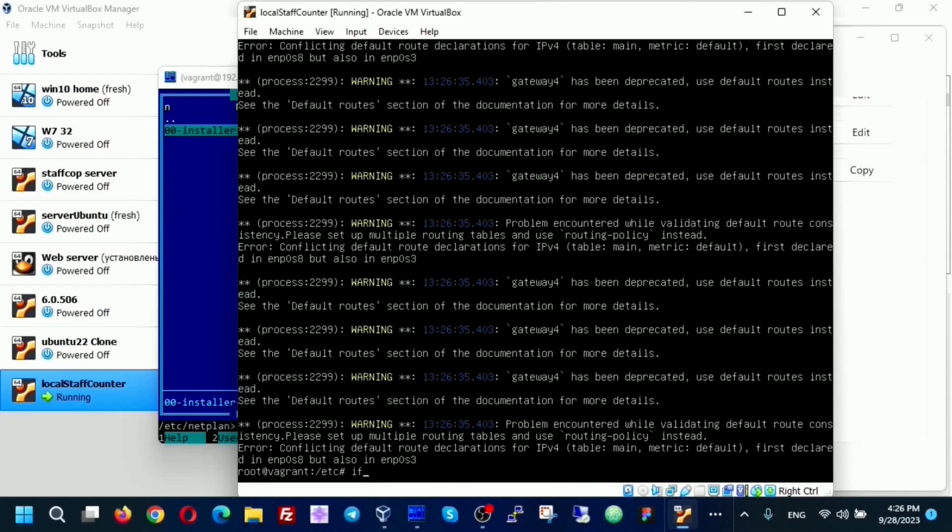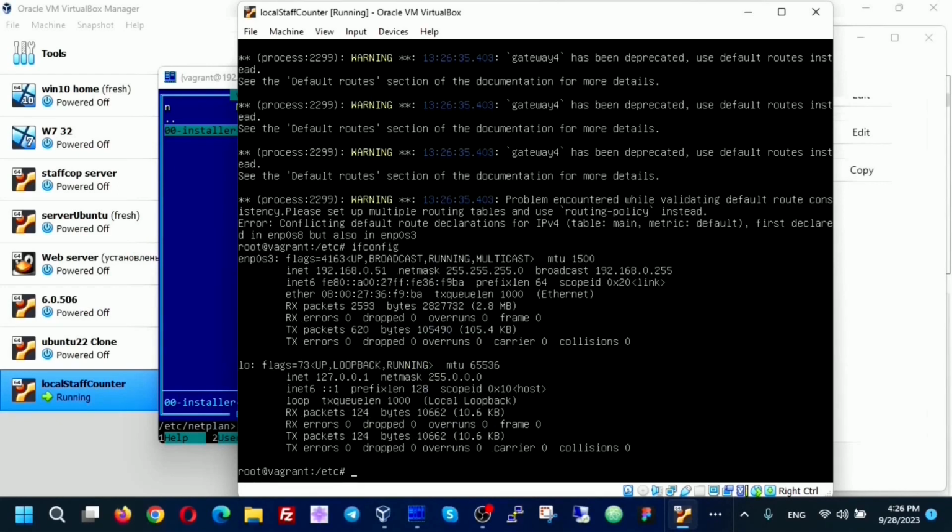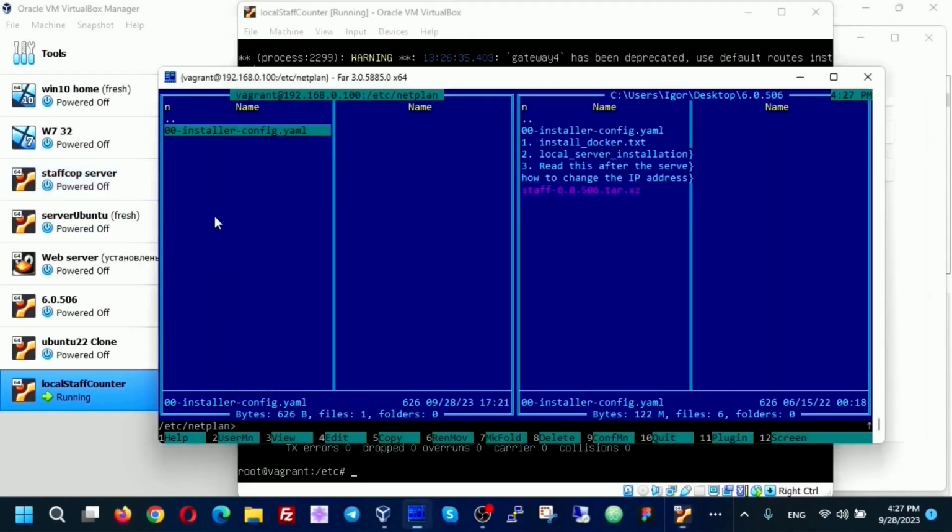Now, if I type ifconfig, I see that the server has the address 192.168.0.51. And if in the farm manager I try to travel through the server, nothing will happen, because the farm manager lost contact with the server because its address was changed.